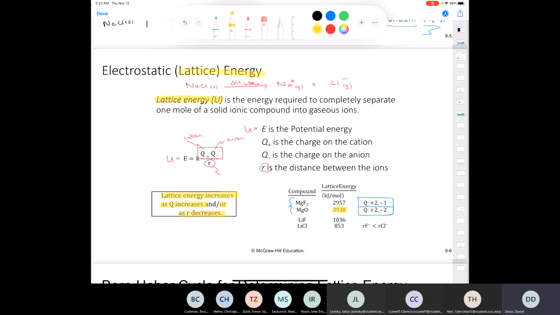Now, if you're thinking, well, it's not double, okay, it's 1,000 kilojoules per mole more roughly, but it's not double,